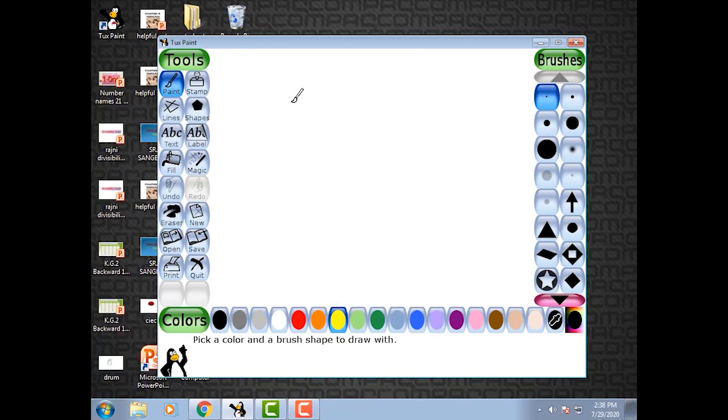Select the brown color from the color palette and draw a few mountains at the upper part of the drawing canvas.